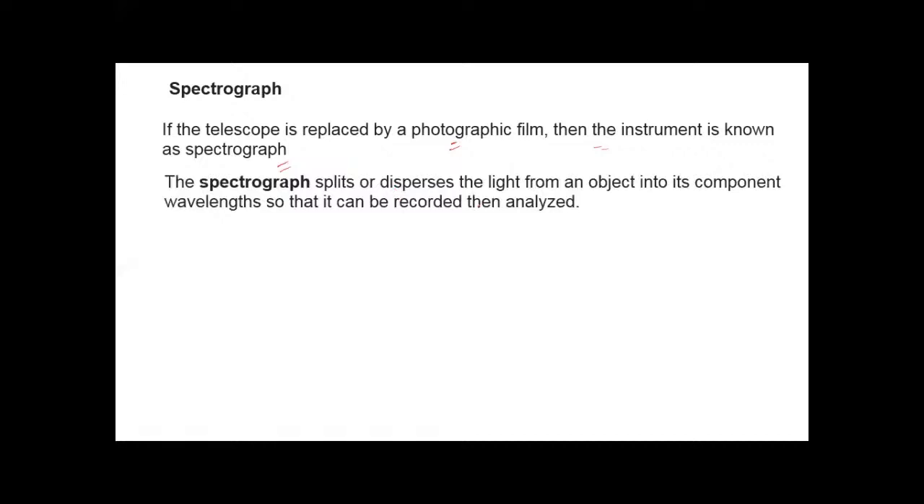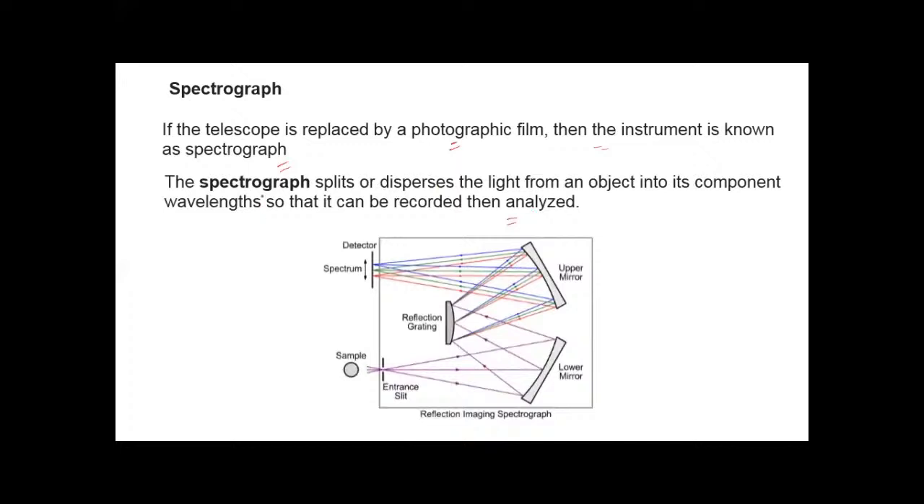If the telescope is replaced by the photographic film, then the instrument is known as a spectrograph. The spectrograph splits or disperses the light from an object into its component wavelengths so that it can be recorded and then analyzed. When advancement takes place, we replace this telescope with the photographic film. Here, this is the typical picture of a spectrograph